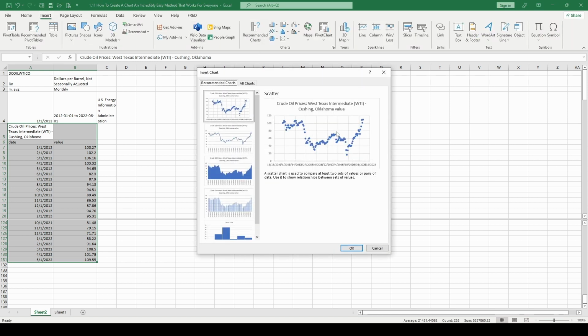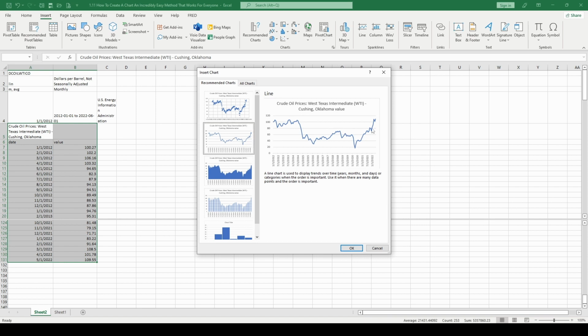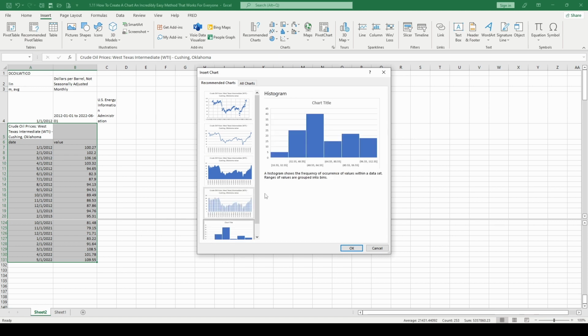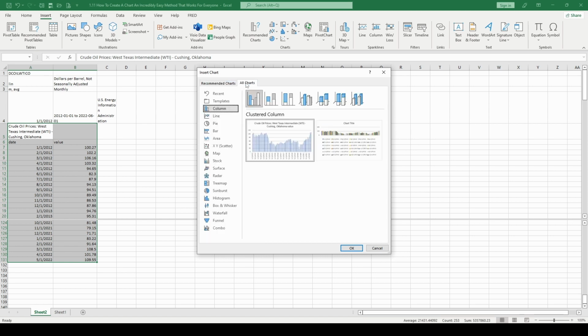So now here's a preview. Crude oil prices, Texas Intermediate Cushing values, okay. And then we have the dates, and then we have oil prices. If you don't like that configuration, you can do a line configuration. If you want to see a little more color, there you go. And note, here are the oil prices, here are the dates. If you want line graph, if you want charts, all right,